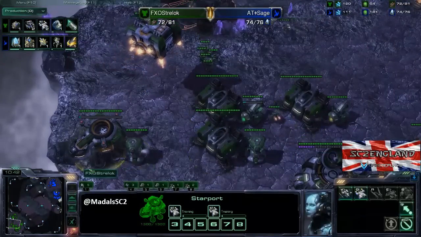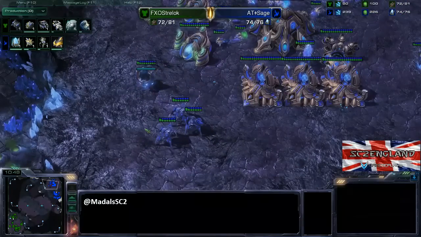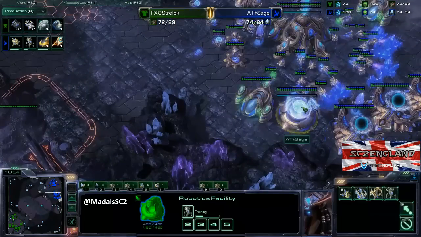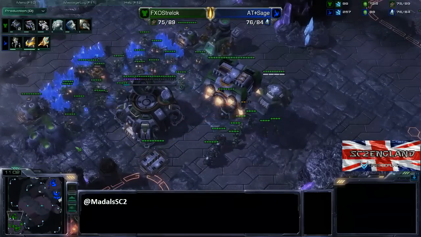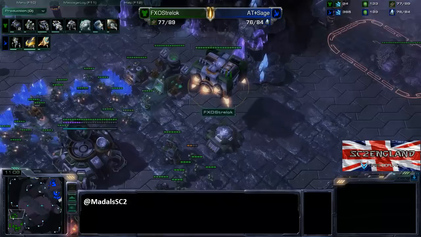The starport is out now, and double medevac production has been started. One Marine is coming to check the status of the third base of Sage. And well, we've got the robotics bay down, so the Colossus is started. Extended thermal lance is coming down, as well as a chrono boost on the Colossus itself. So this is all going fairly standard, at least as I would say, for the moment,